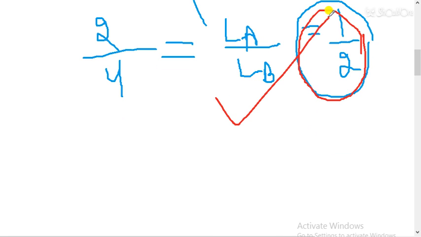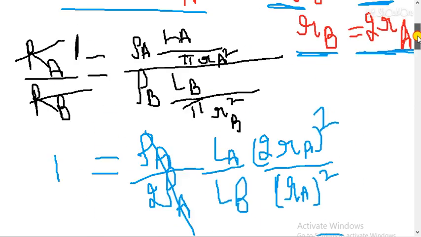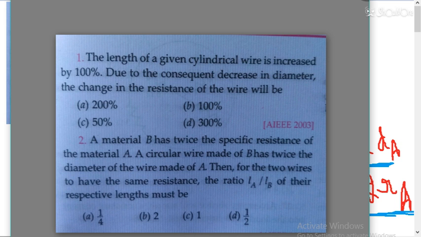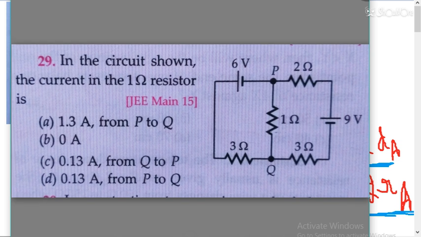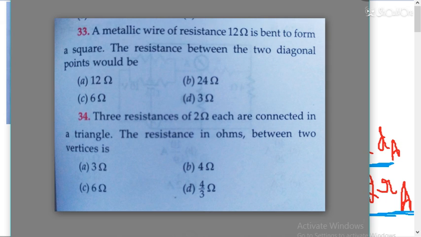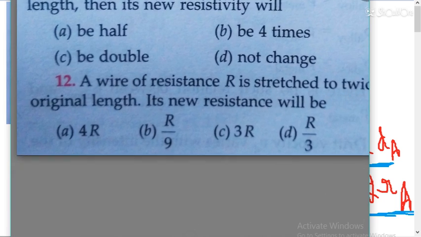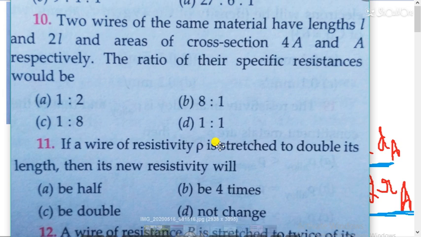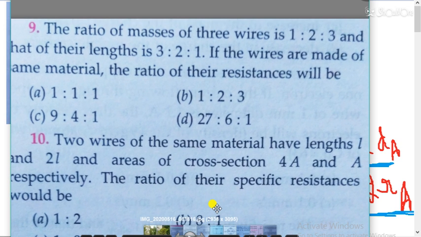So this is a very good question from wire stretching problems. Okay, so wire stretching and resistance problems, these types of questions are asked. Now I am going to take you to another question. Let me see which question is left. We have done these two questions. This is from KVL, we have done this question. These are resistance questions. Question number 10 and 11 we have done. We will see question number 9 and question number 12.